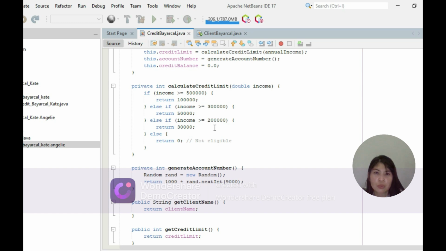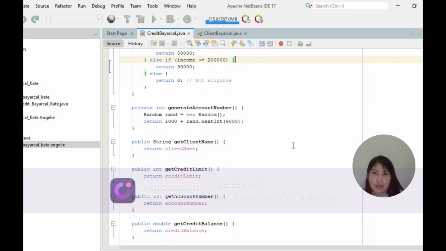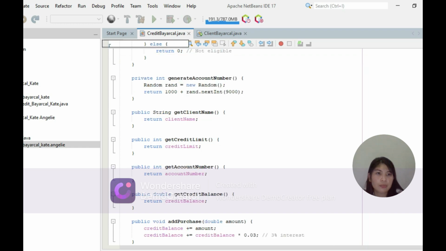Else if income is 200,000, then return 30,000 credit limit. Else return 0, so that is not eligible. Next is to generate the account number: Random, new Random, and then return 1000 plus random.nextInt(9000). So public String getClientName(), and then bracket returns clientName.